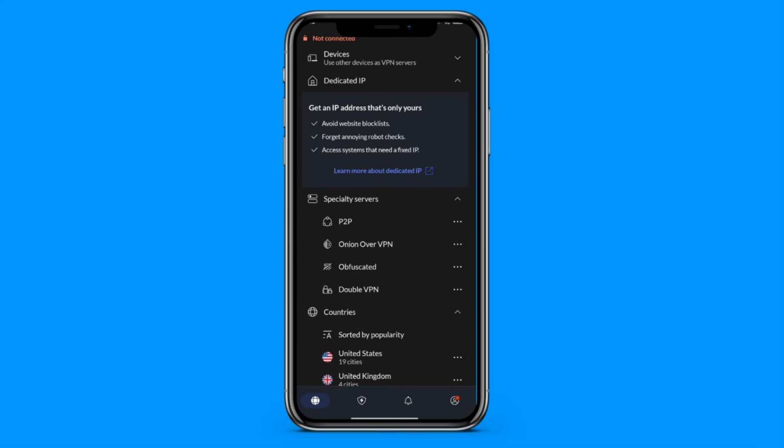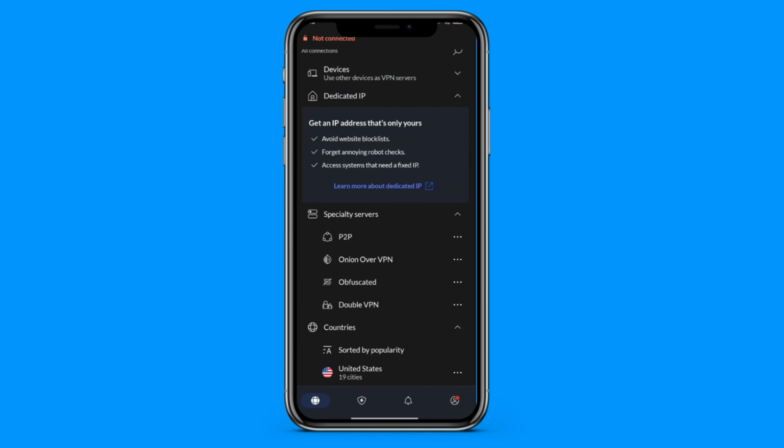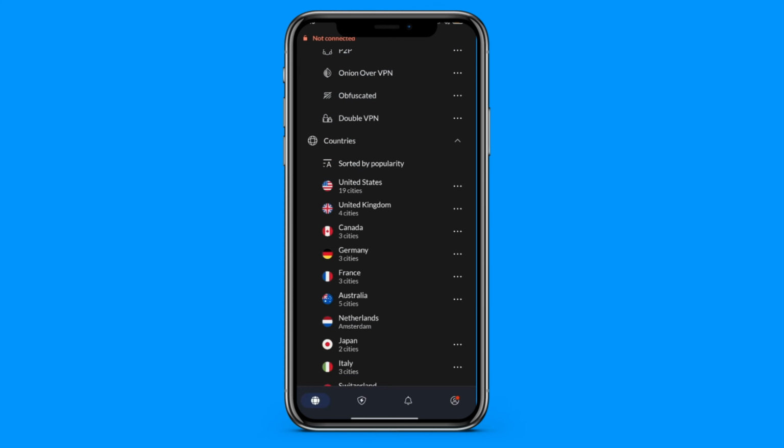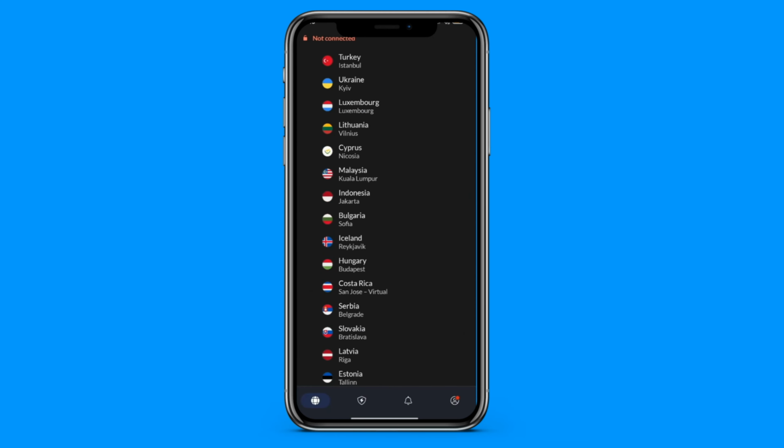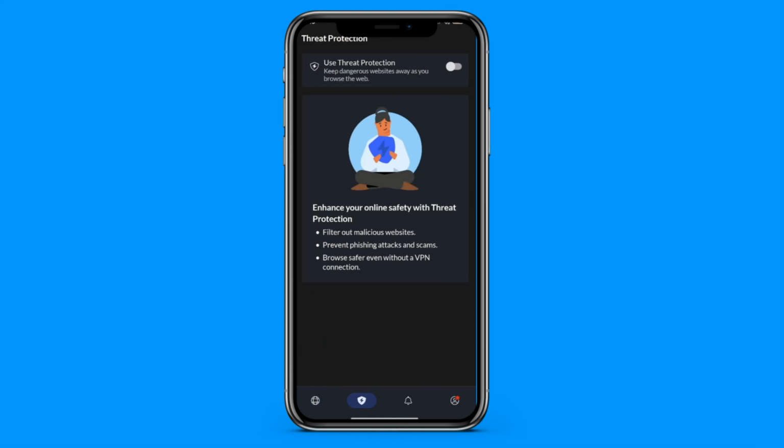Now from here you can exit, and as you can see you have a dedicated IP option, and specialty server options with Onion over VPN and many other options that you can select and go through. Now from here you can go to the security section where you can enable threat protection,